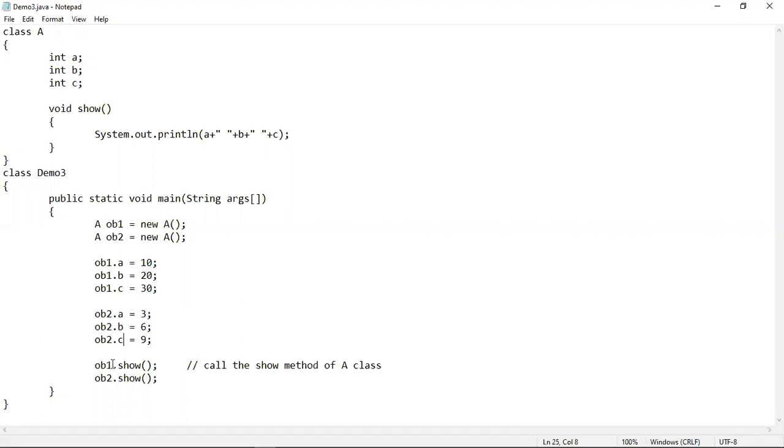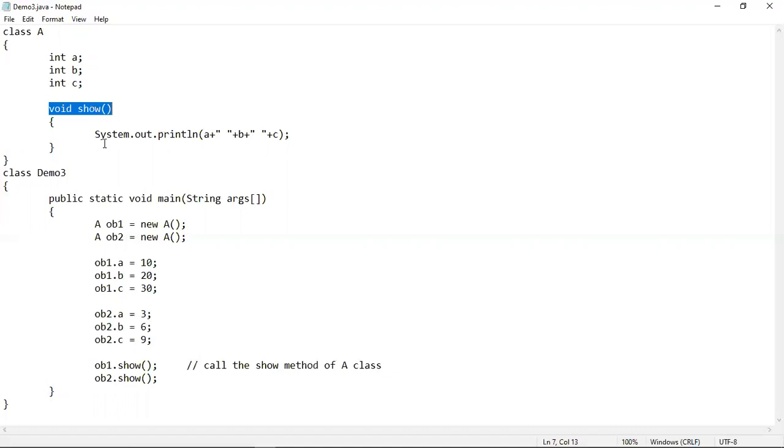Now using the ob1 object, we are calling the show method, and then again using the ob2 object, we are calling the show method. So when we call the show method using the ob1 object, this will call the show method of this class, and the program control will be transferred to the show method of the A class.